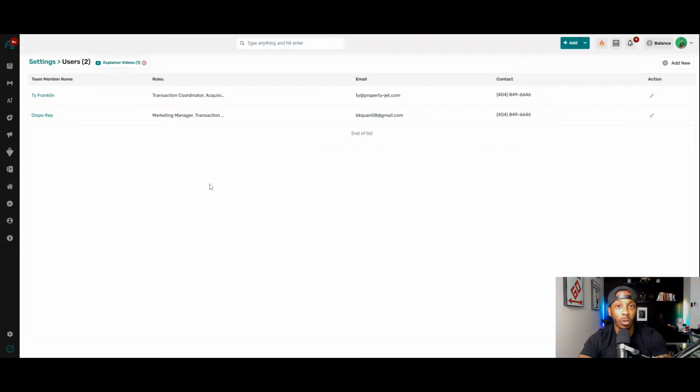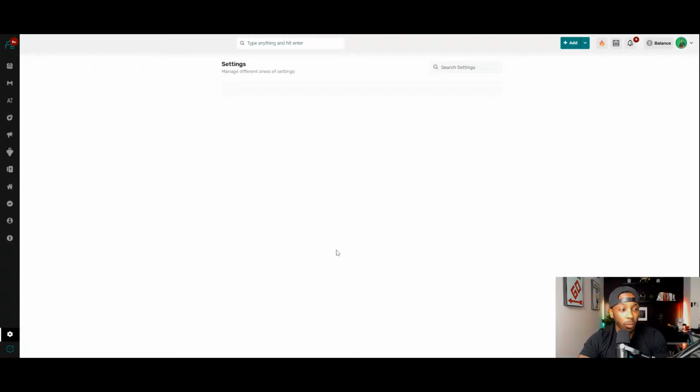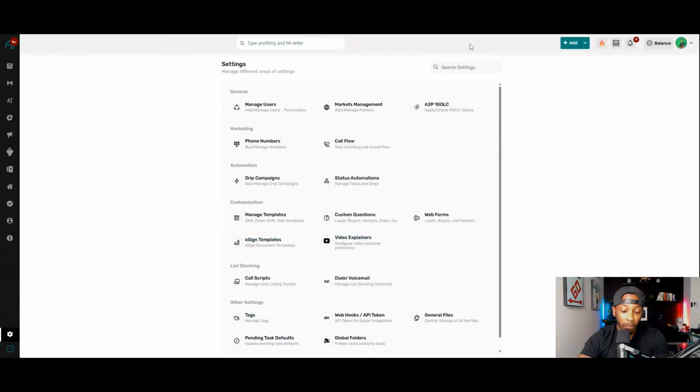And there's so many different roles that you have there. So very cool feature there to make sure that your CRM is organized. So that's the next thing. So once you have all your roles figured out, we're going to go back to settings once again. And this is probably one of the most important things you can do as far as setup. So while you're waiting for your 10DLC to be approved, you want to go ahead and set up your phone numbers. Okay. This is going to be the most important thing,